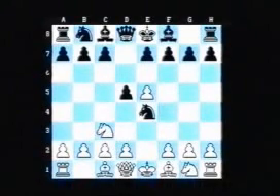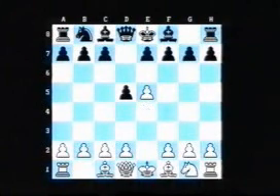Anyway, back to the position after the modern knight to e4. White has a second modest move in this position, namely to actually capture the knight. Knight captures e4. Naturally we recapture,